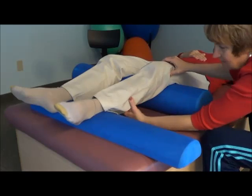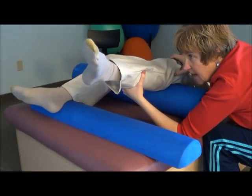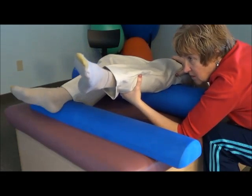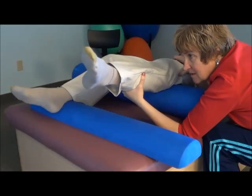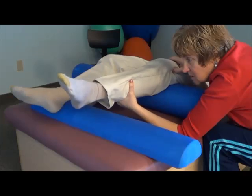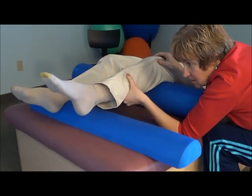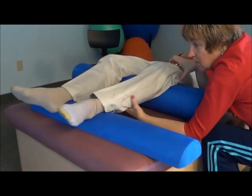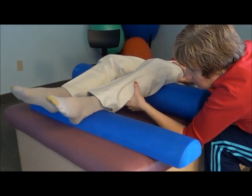And again, notice nothing's forced, and the reason nothing's forced is A, why should it be? And B, that's the only way she's going to learn. I have to be not necessarily gentle, but yes, gentle. I have to talk to someone's system where they want to listen to me. Nobody wants to listen to me if I'm yelling at them, and same thing if I were to force anybody